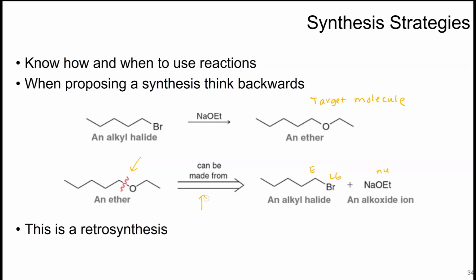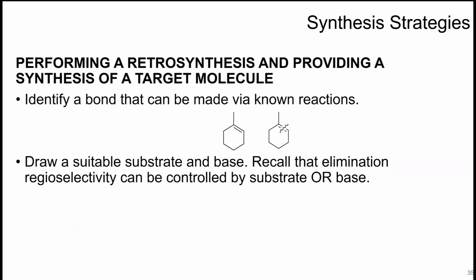So this type of arrow is a retrosynthesis arrow. That is just a backwards synthesis method. So when you perform a retrosynthesis, you provide a synthesis of a target molecule. So identify a bond that can be made using reactions that you know. So if we wanted to make this compound right here, so this is the target, you might want to think about ways that you can break the bonds. If we made a squiggle line here, this is showing us where the bond breakage is happening, or where